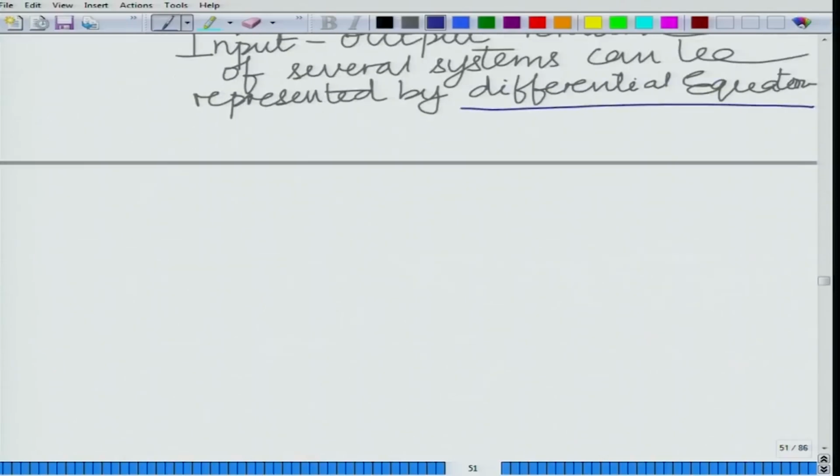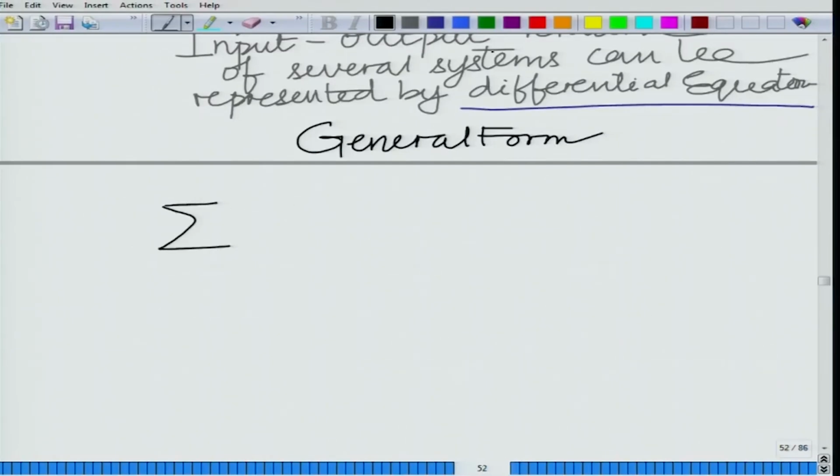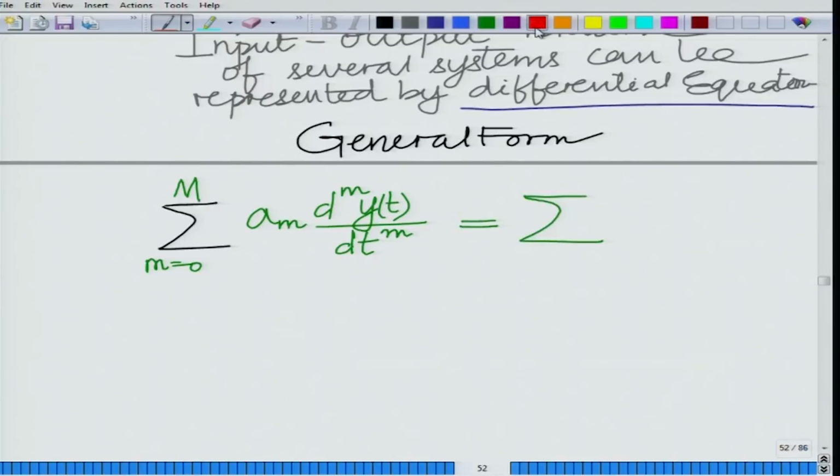Okay. So, we can employ differential equations to represent the input output relations, and the general structure, the canonical form, of such a representation is summation m equal to 0 to M, a_m, which is the coefficient, times the mth derivative d^m y(t) over dt^m, equals an mth order differential equation,